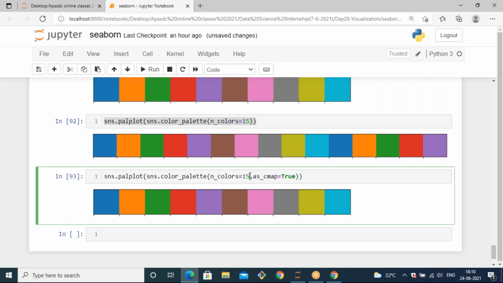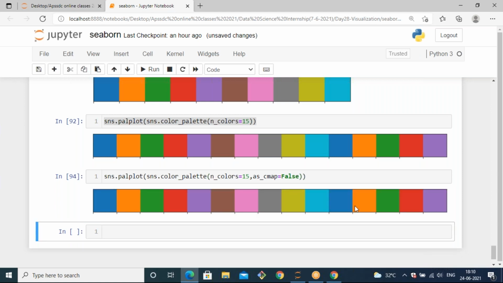So by default, with as_cmap equals true, it will generate only 10 possibilities of colors. I make it false, which is the default, I think. When it is true, it generates only 10, but when you make as_cmap false, it will generate 15 colors.